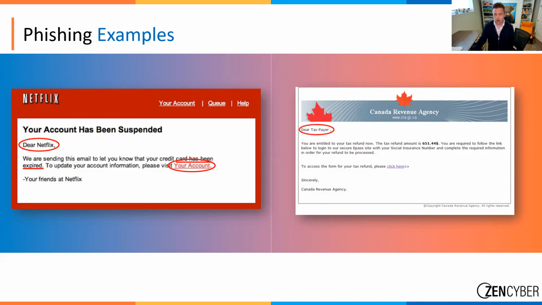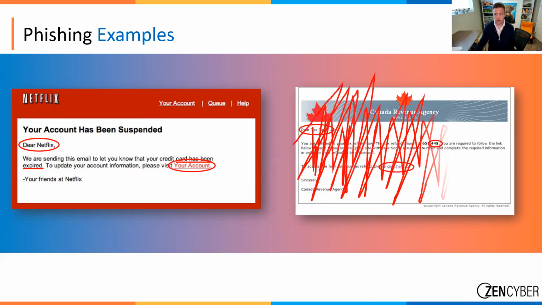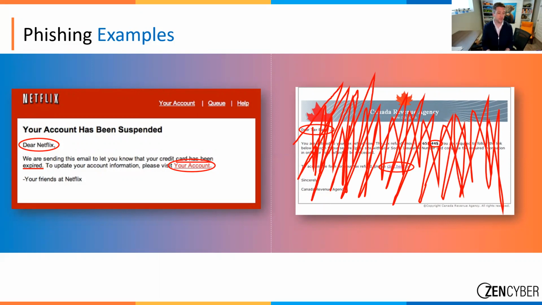We get ones from the CRA as well. Same thing, Dear Taxpayer. We've got the dollar sign showing up at the end of the figure instead of the beginning, and another link, right? When I did this presentation a couple of weeks back, I had just received an email from the CRA telling me that my notice of assessment was ready, but it does not provide a single link in the email.